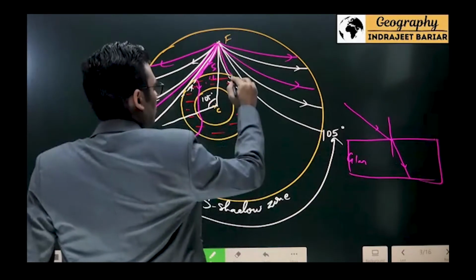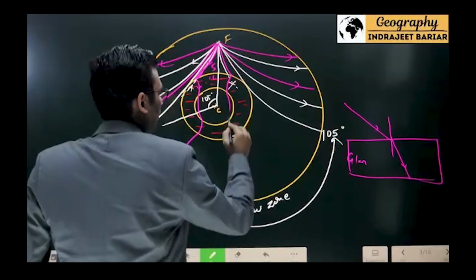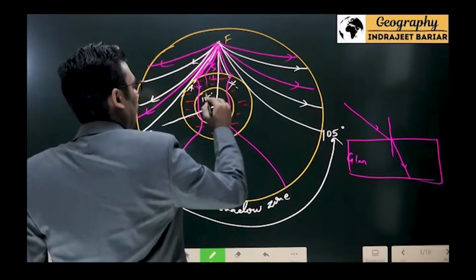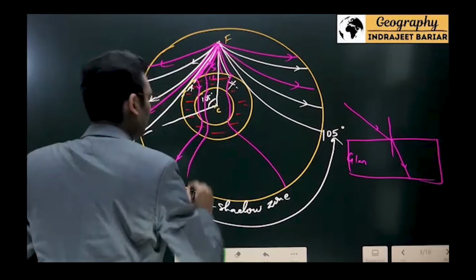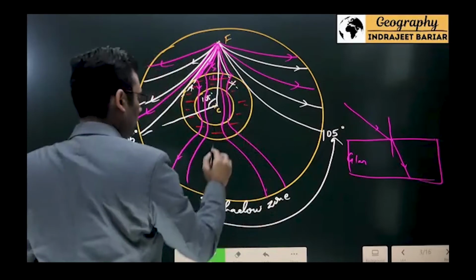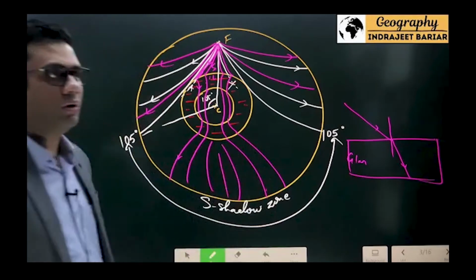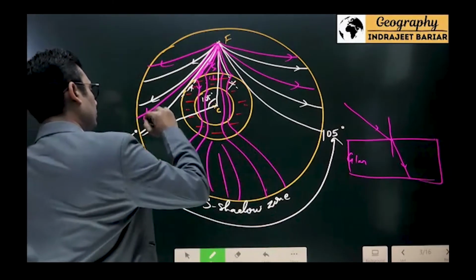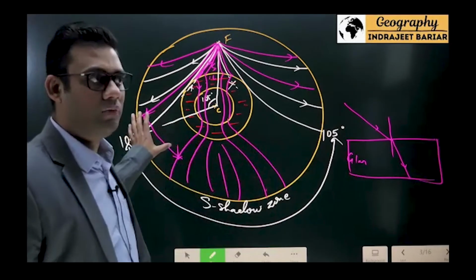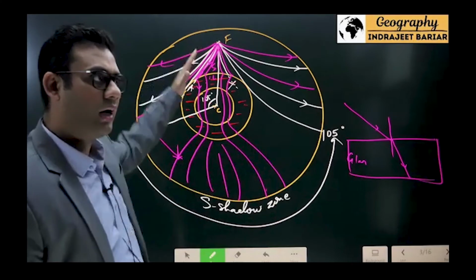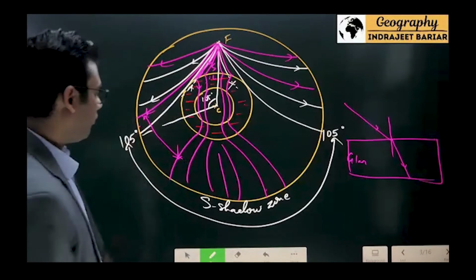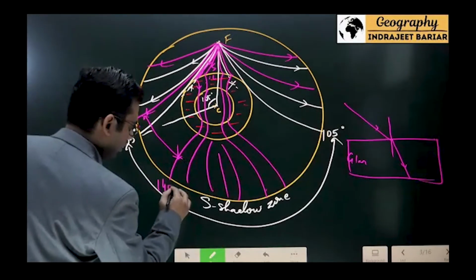Over here, the same thing is going to happen. And in between that, whatever waves are there, we are going to get simply all the waves over here. So you are going to get all the waves here. But what about this zone? This is a zone where I am not receiving any P waves, because all the P waves have been refracted completely. And this zone is between 105 degrees and 145 degrees.